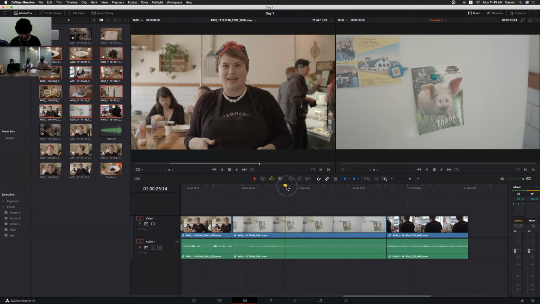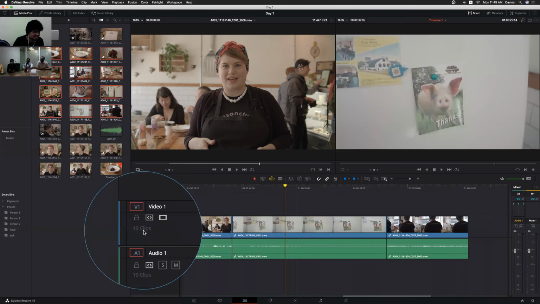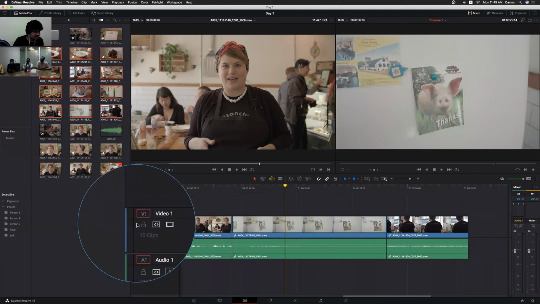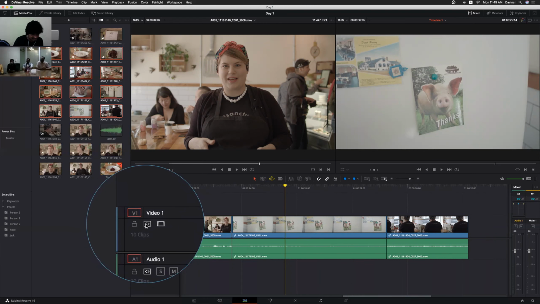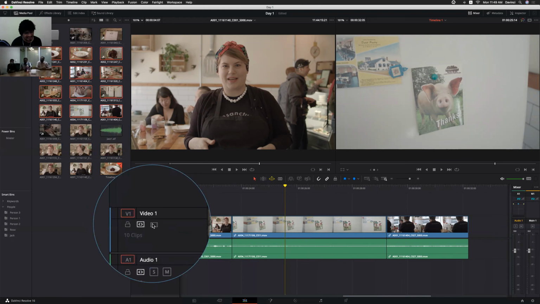And when it comes to the tracks, here we have, by seeing this, we can lock the entire tracks. And this is auto selection. The small button you will find in Premiere and Final Cut Pro 7 also, right? Auto selection of the tracks. While adding transitions or while cutting, we can disable it for the particular tracks. It is the auto selection, and this is for enabling and disabling the tracks.